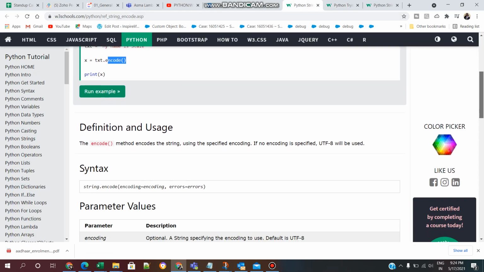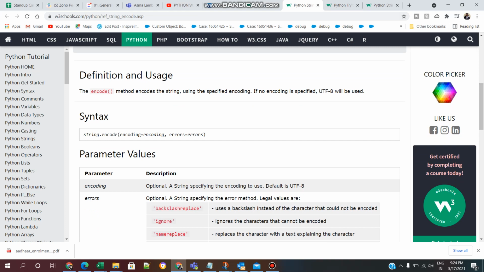Now we will see the definition and usage. This encode method encodes the string, and we can pass optional parameters, encoding and errors. The encoding parameter is a string specifying the encoding to use. By default it is UTF-8.